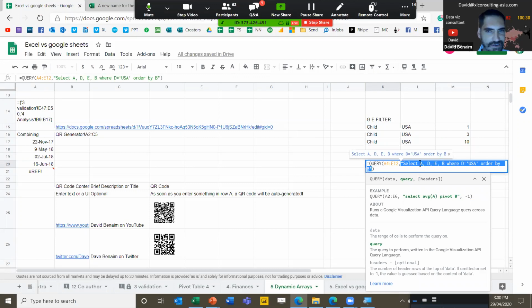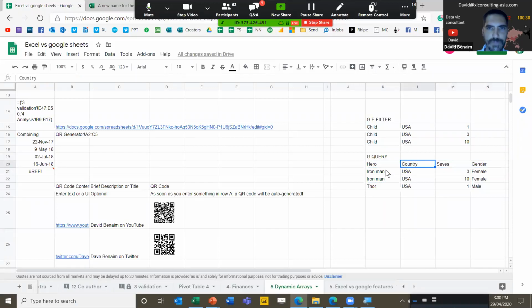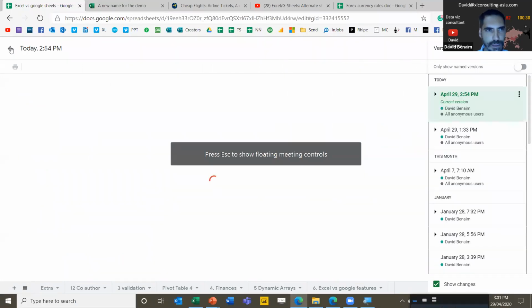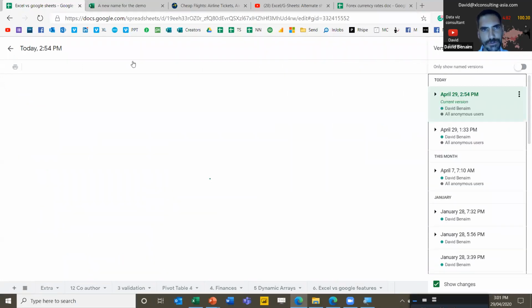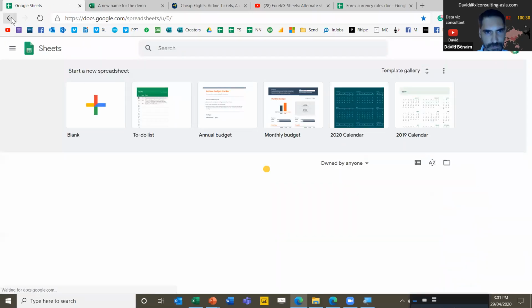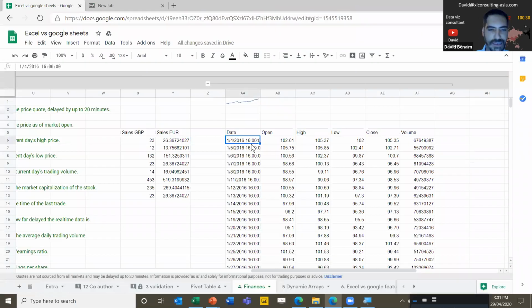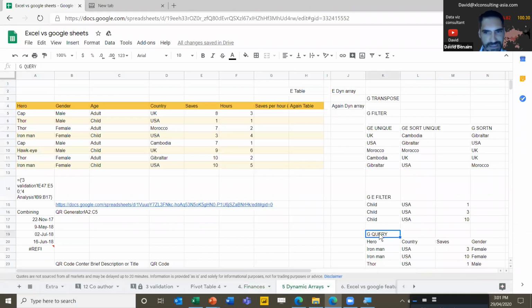For example, select columns A, D, E, and B in that order where D is USA, and sort them by column B. So you can really go much more granular in how you can get this query. In fact, I said I often create custom solutions for clients in Google or in Excel. The reason why I might use Google is because of the drop-down list features and because of this query function. It just gives me so much flexibility.